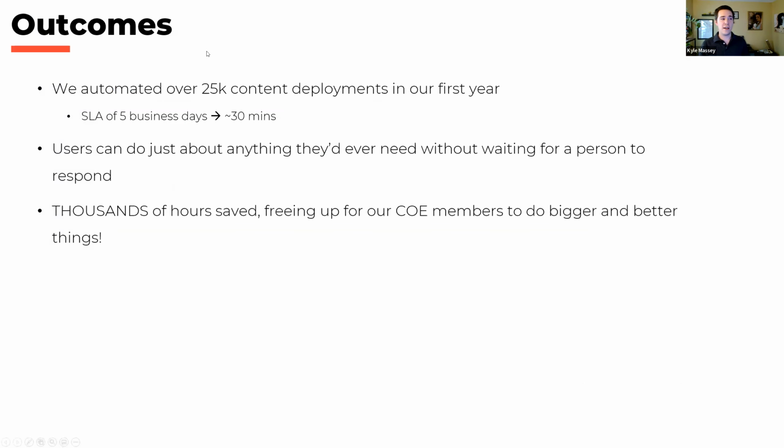So it's just some outcomes. I kind of shared some of these, but just to brag a little bit about some of the stuff that we've done. The version of the app that I just showed you was released, actually, I can't believe I didn't know this, yesterday was our 1-year anniversary of the app launch. I have to say something at work. But in the last year, we have automated almost 25,000 content deployments. If you think about the fact that that was 5 business days down to about 15 to 30 minutes, it's somewhere in the ballpark of 1 million hours saved when I did the math. It's incredible. I almost don't even believe it sometimes when we talk about it.